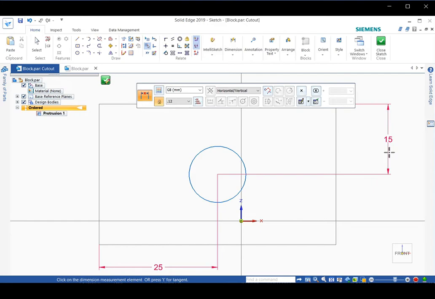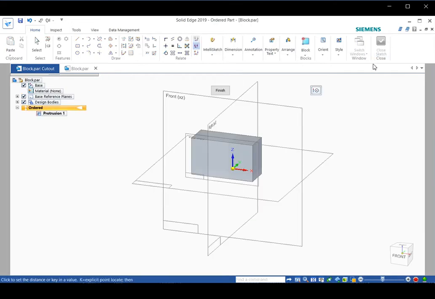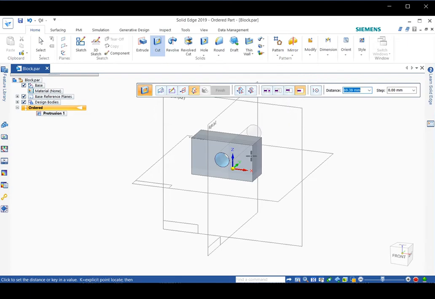The next step is to click on one of these green ticks to close the sketch and move to the extend step. Once you click this one, you move your mouse back without holding the mouse button down, and you'll see a hole can be created only in one direction because in the other direction there is nothing there. You can enter the dimension into the distance box to have a hole without going through the block, or you can drag all the way through the block and click. If you want the hole to have exactly the same dimension as the thickness of the block, which is 20 here,